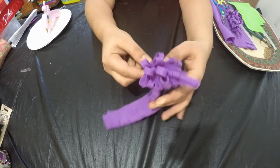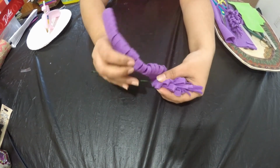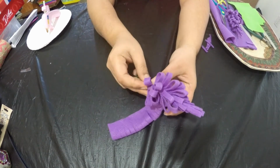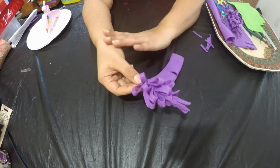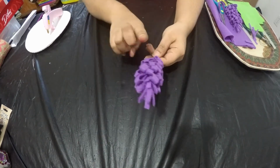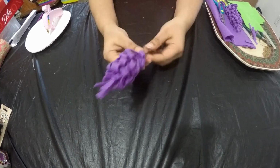And then when I make the whole round, I'll come back here, and then again when I reach on my side, I'll go back down in diagonal right here. So I'm going to keep doing that till I reach the end of the strip. Let me go ahead and finish this offline, and then I'll come back and show you how it looks. I have gone ahead and attached the whole strip of felt to the stem, and this is how it looks